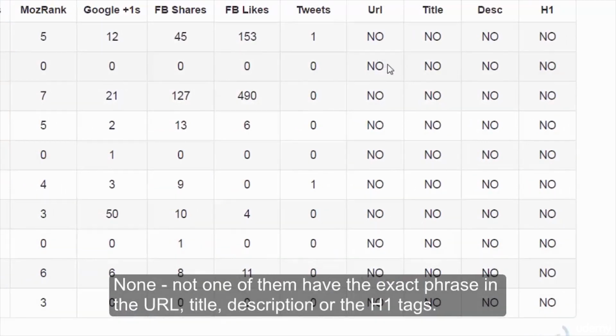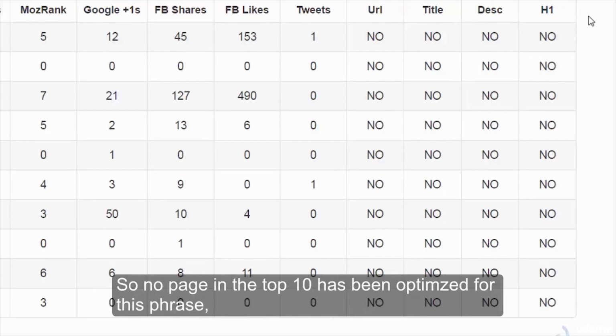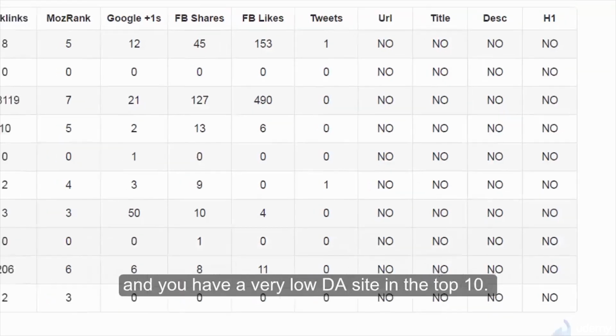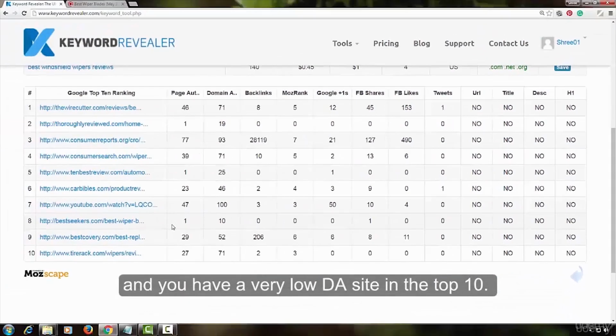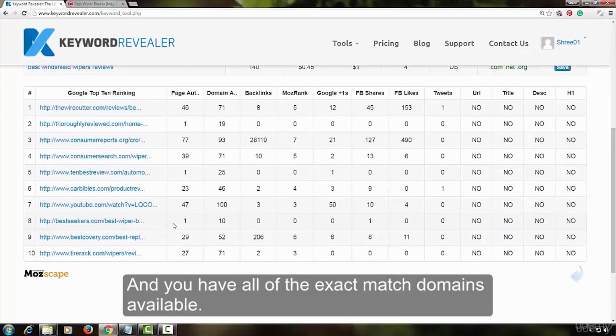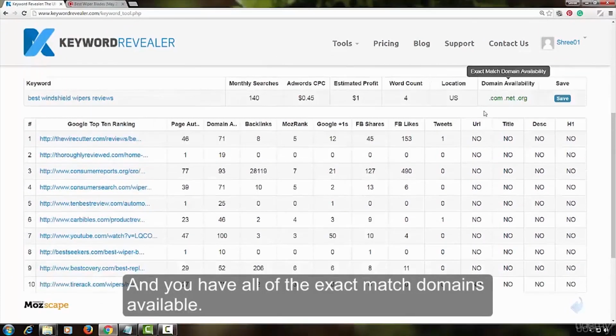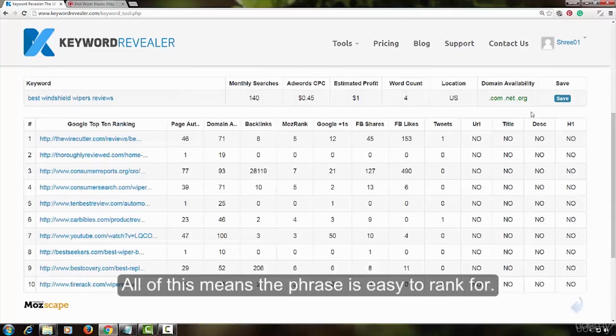None, not one of them have the exact phrase in the URL, title, description or the H1 tags. So no page in the top 10 has been optimized for this phrase, and you have a very low DA site in the top 10, and you have all of the exact match domains available. All of this means the phrase is easy to rank for.